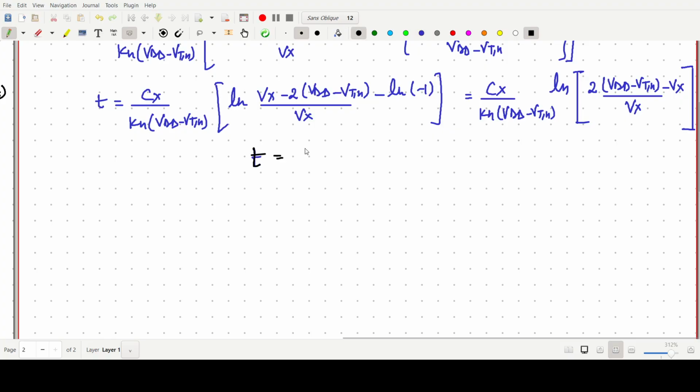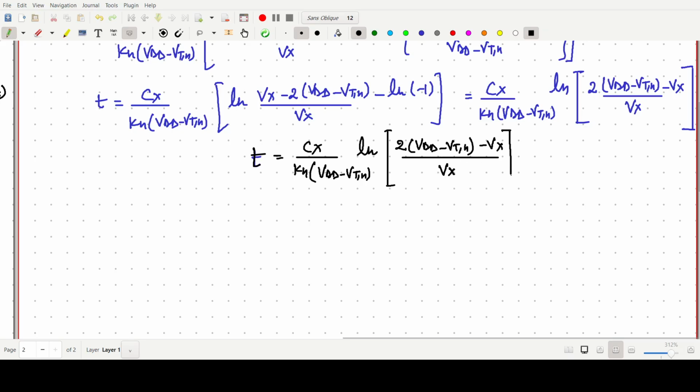The t value is Cx times Kn (VDD minus VTN) times ln of twice (VDD minus VTN) minus Vx, by Vx. This is the expression, and if you plot this one,